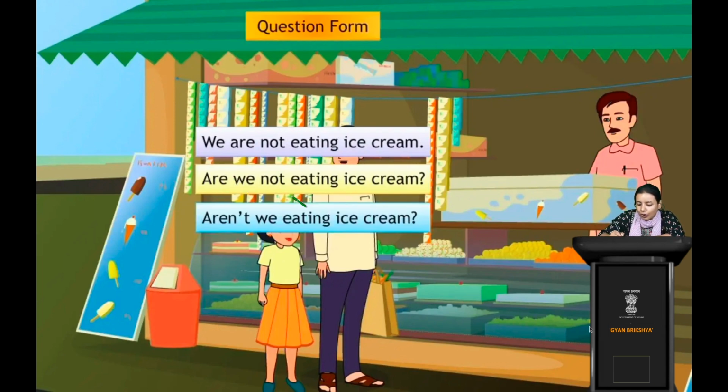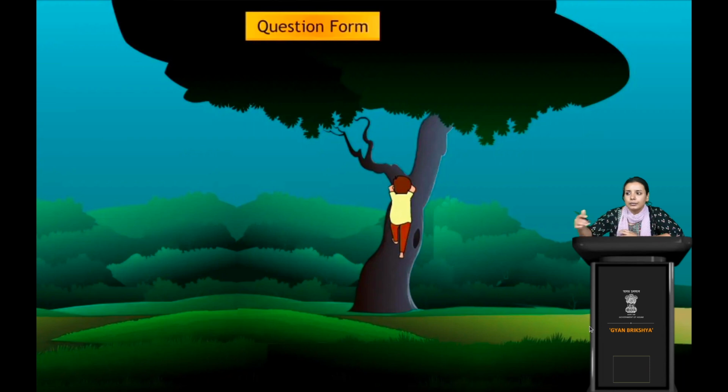Are we not and aren't we is the same thing only. It's just the simplest form, right? It looks good and it pronounces well, so that's the reason we use aren't or are not. Are not is a slightly bigger form, but aren't is quite stylish and a simpler form. That's the reason quite often we use aren't.